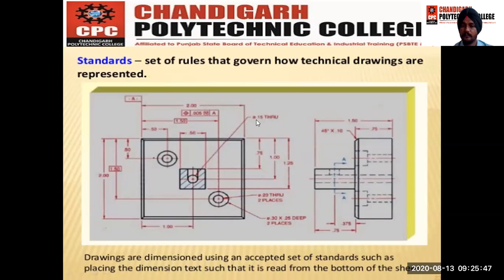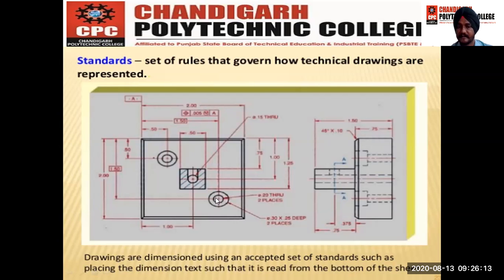This is the whole, diameter 1.5 throughout, indicated in the middle of the plate. This is the diameter and this is the through hole. You can see it from the side view of the drawing. This is the chamfer portion. You can indicate the dimension of chamfering like this, 45-degree angle into depth of the portion.